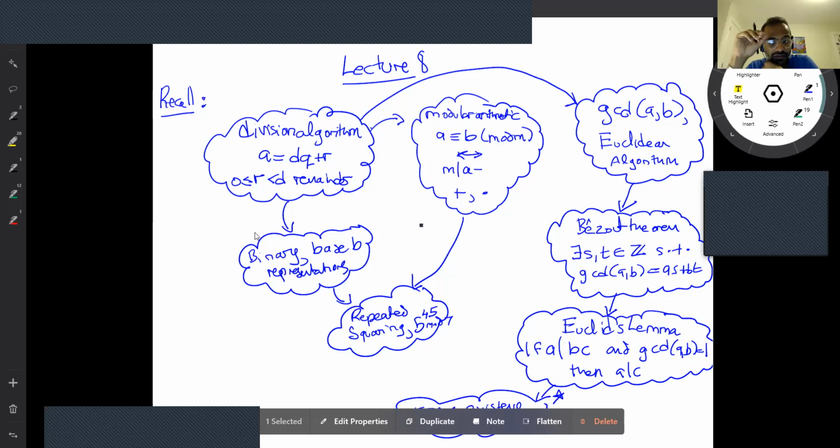Bezout's theorem definitely produces something: these numbers S and T, a linear combination related to the GCD. And we know we have to use the GCD somewhere, since that's our only assumption. So let's do that. By Bezout's theorem,